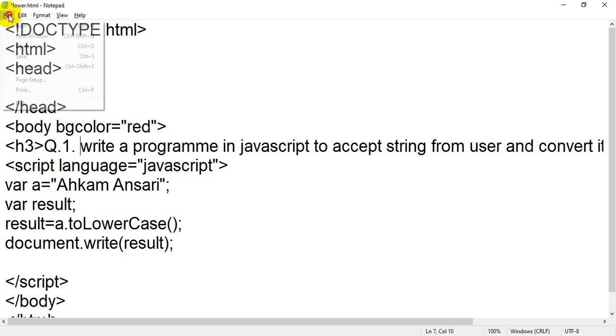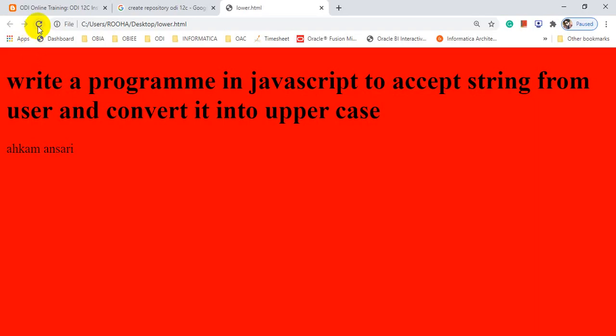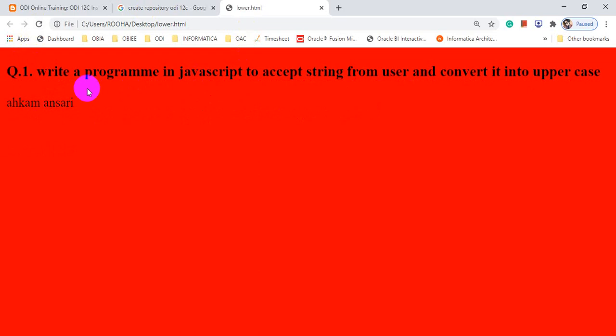Okay, so I have written it, let me save, flip back to your browser. Now this is the question: write a program in JavaScript to accept a string from user and convert it into uppercase.